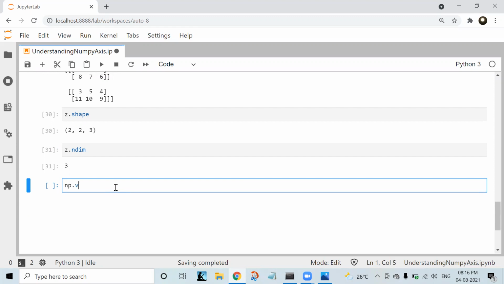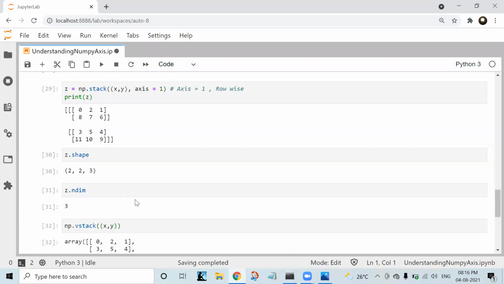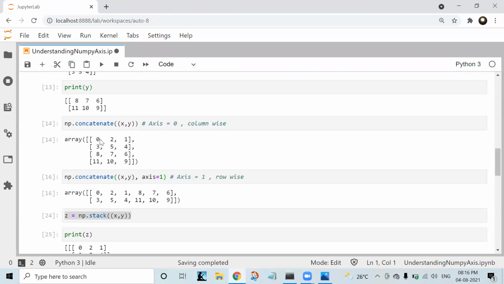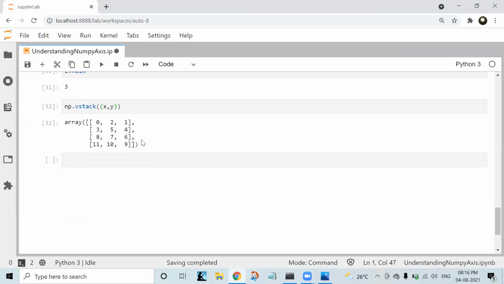So np dot vstack of x comma y. So this is just like concatenate. If you see here, 0 to 1, 3, 5, 4, and 8, 7, 6, 11, 10, 9. Okay. So only the matrix dimension has not changed. It is the same.